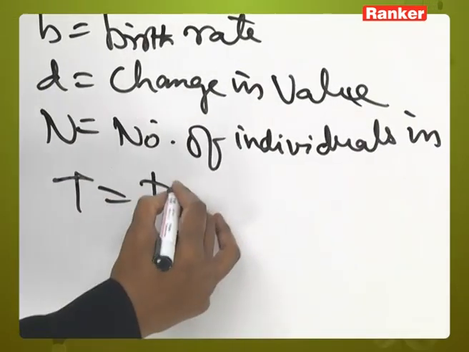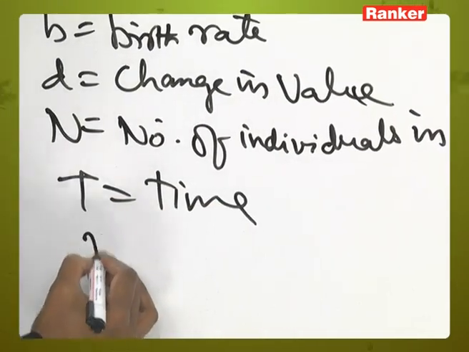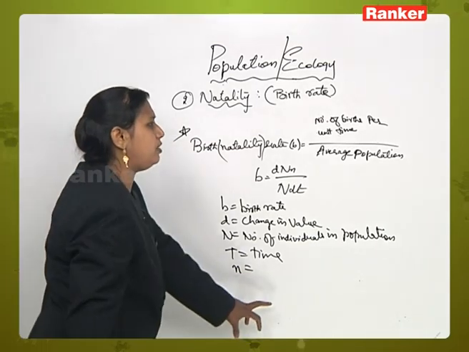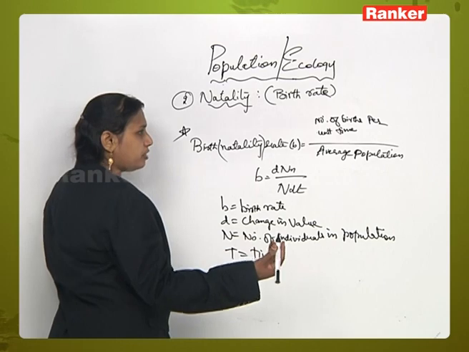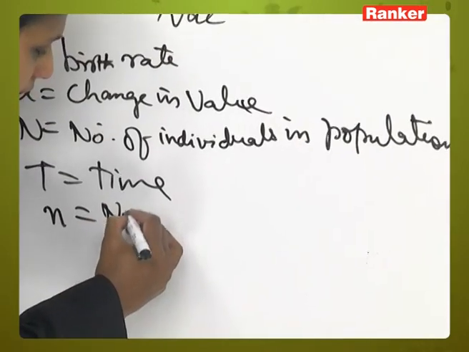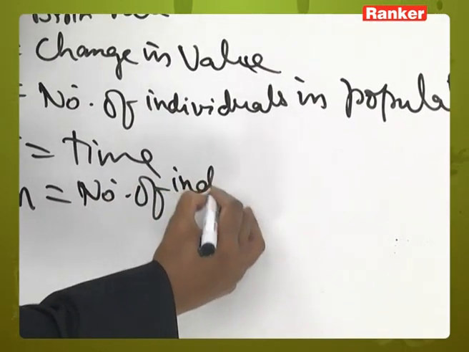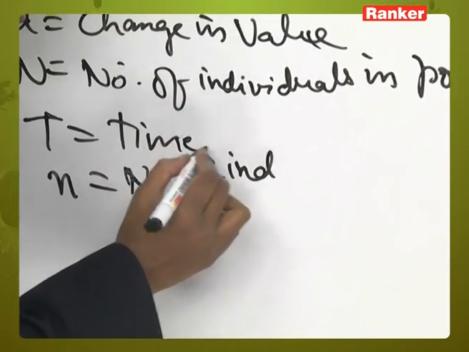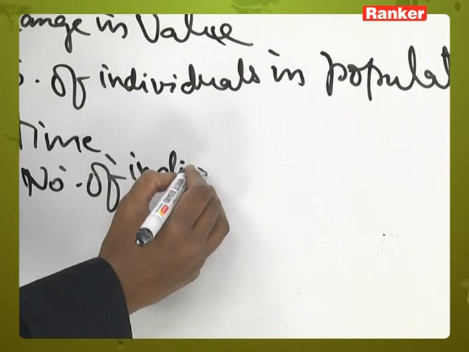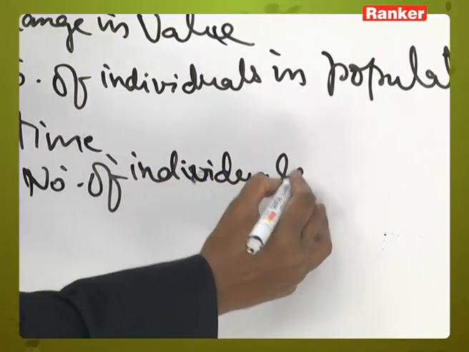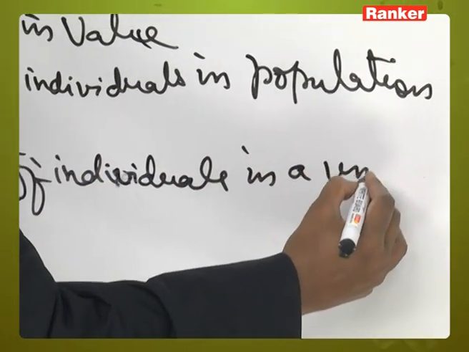T is time and small n is number of individuals after a unit time. We can also call it number of individuals in a unit time,